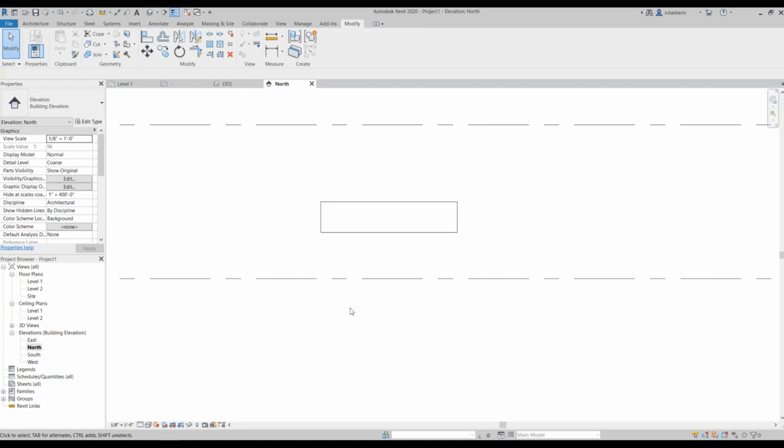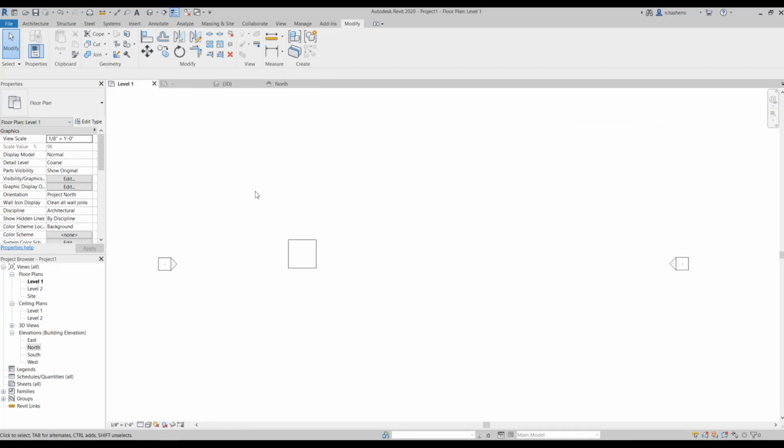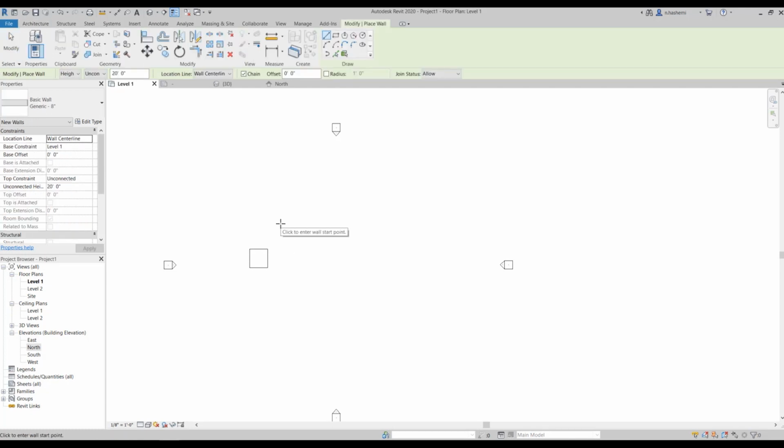So now I'm going to show you how we can set a reference plane or work plane. Now imagine that I want to create a shape on a wall. Okay, so I'm going to add a wall in my plan view. Just like this.